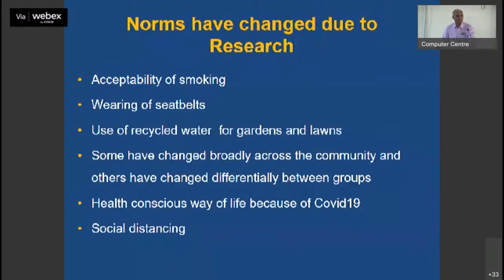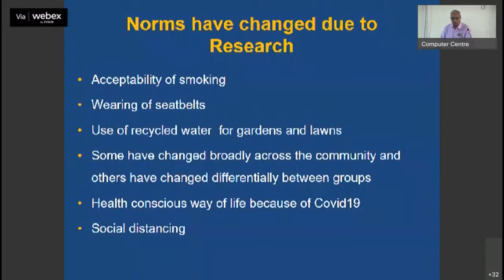What did miracle social research do? The acceptability of smoking has changed. Now in public no one dares to smoke, all because of social research. Wearing of seat belts, the use of recycled water for gardens and lawns, all this is the impact of research. Some things have changed broadly across the community and others have changed differently between groups, all because of the change in the